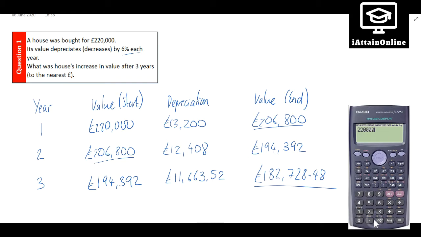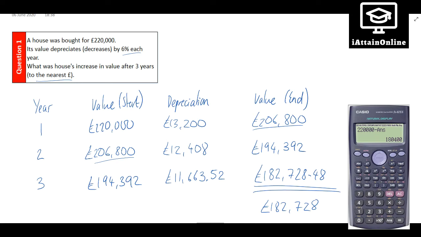220,123, take away the answer. So that gives you a slightly different figure. What we've done there is we've worked out simple interest, whereas the correct answer was using compound interest here, £182,728.48. Okay, now to the nearest pound, like this question says, we're just going to finish off the question,